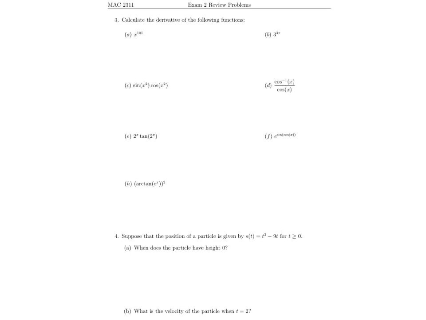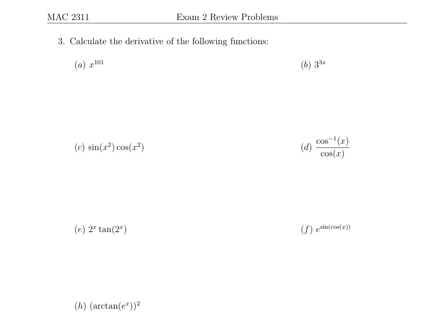Okay, so questions 1 and 2 you just have to fill out. So let's actually do some derivatives here. So for the first one, we're going to have the derivative of x to the 101, which is equal to 101x to the 101 minus 1. So the answer for 3a is 101x to the power of 100. For part B,